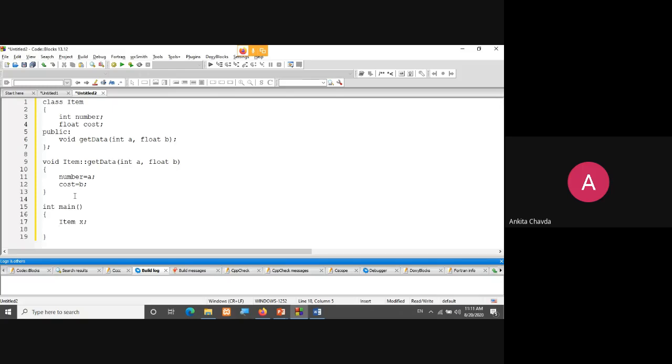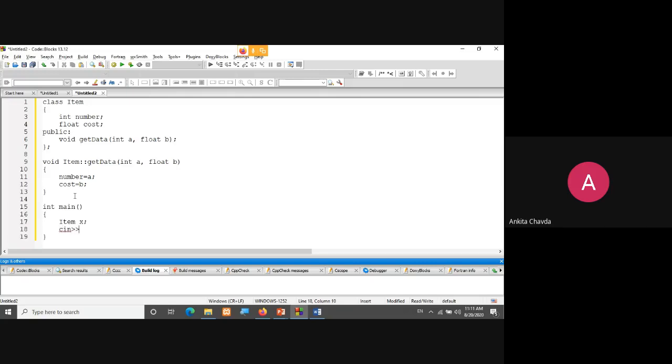Can anyone tell me? Here, my number and cost are the private variables, right? And now I want these values from the user. Okay, this is my task. Number and cost I have, and these values will be entered by the user.